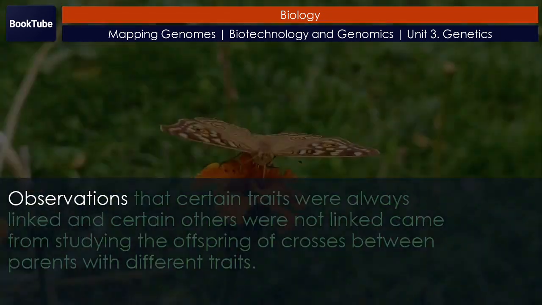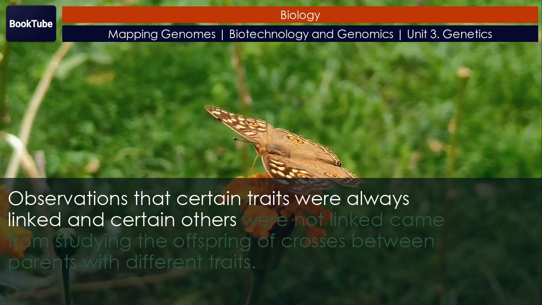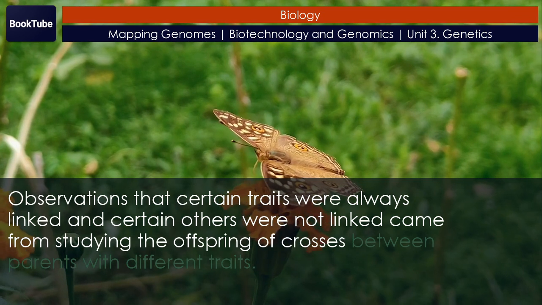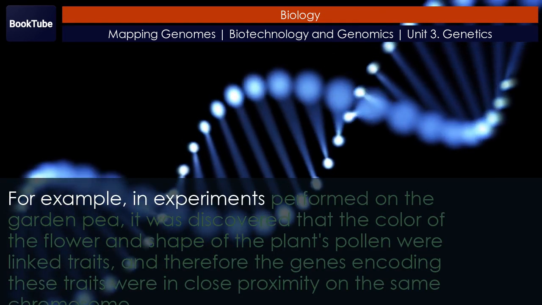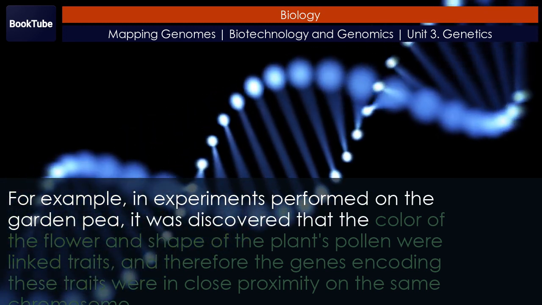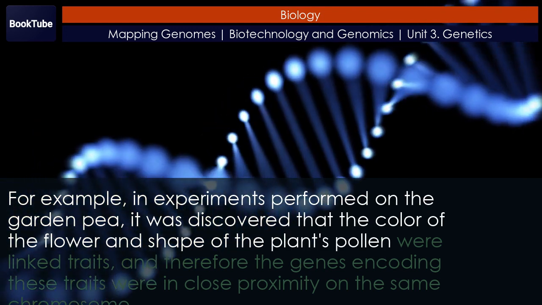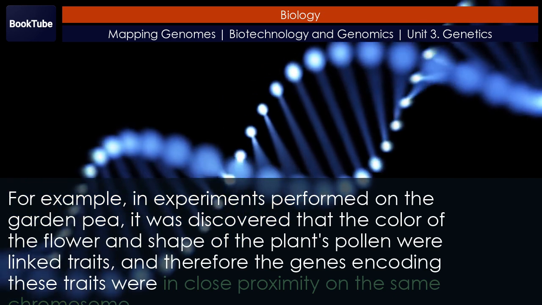maps. Observations that certain traits were always linked and certain others were not linked came from studying the offspring of crosses between parents with different traits. For example, in experiments performed on the garden pea, it was discovered that the color of the flower and shape of the plant's pollen were linked traits, and therefore the genes encoding these traits were in close proximity on the